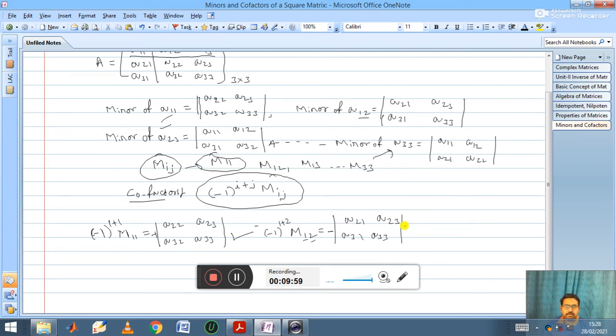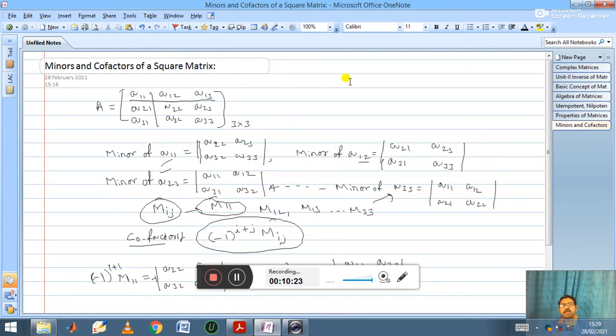Okay, from this definition we can understand that minus 1 power i plus j, when you add i plus j, if you get an even number, then you get a plus sign. If you get an odd number, you get a negative sign. So that is why, while finding the determinant value, we write plus minus plus. Usually in primary classes, while finding the determinant value, we write plus minus plus. So what is the specific reason?